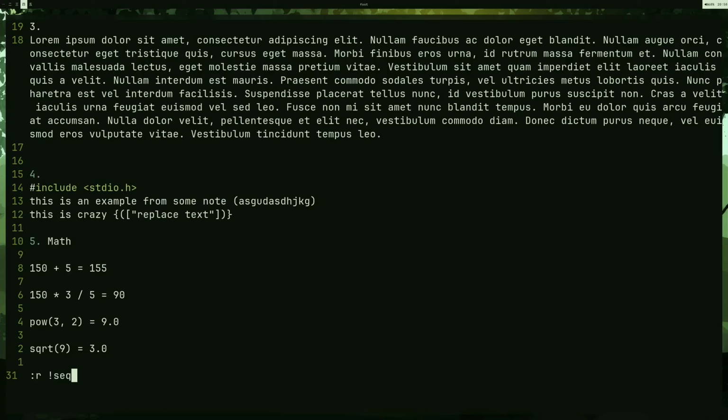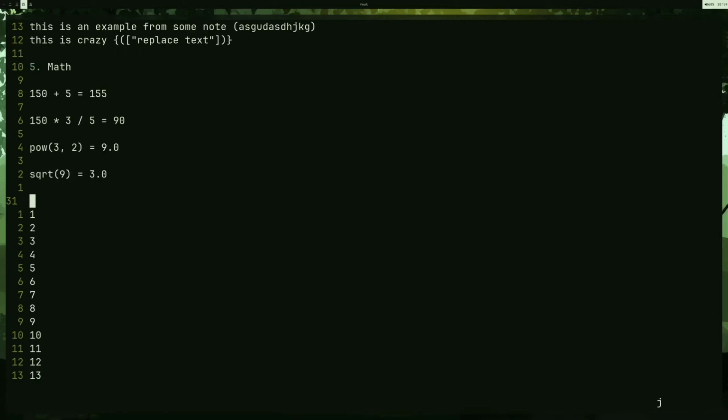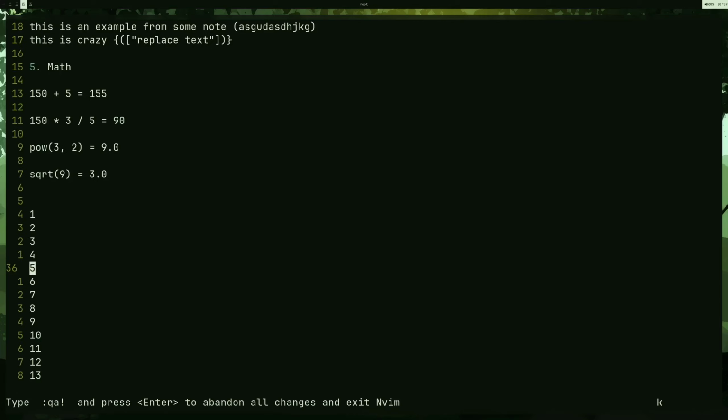Basically, this command pastes other command output here. It will just print lines from 1 to 150, one by one. So I can go to the top and let's say I want to add all of these numbers. And how do I do that? I can do this in a couple of ways,